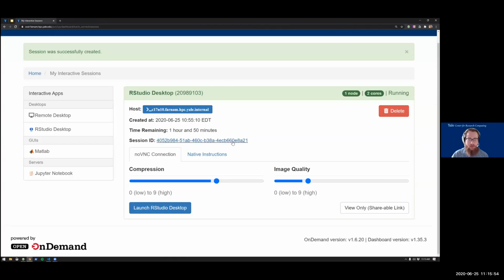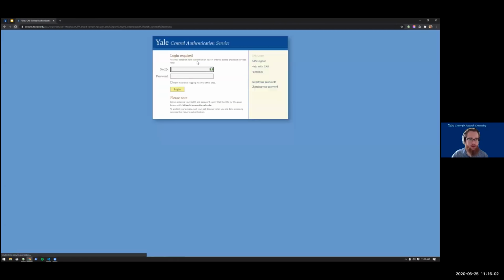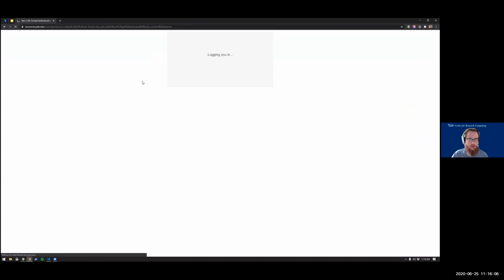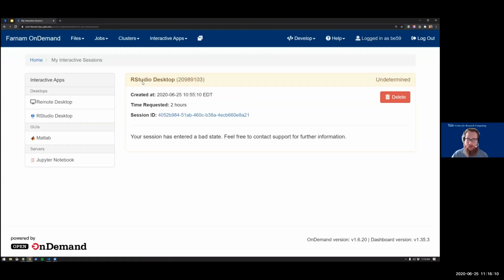This should also probably disappear shortly. If I refresh. Yeah, so it entered a bad state. And so that's what it might look like if you try and use too much memory.